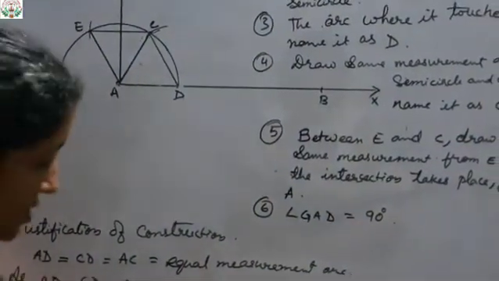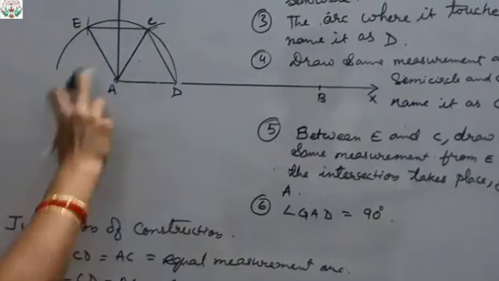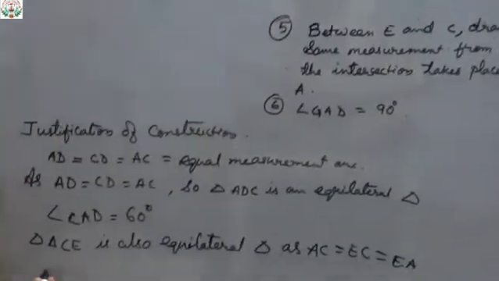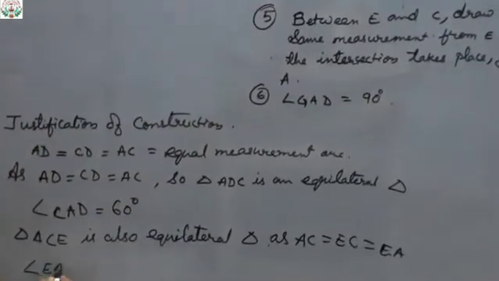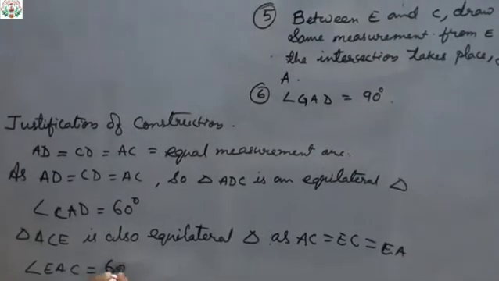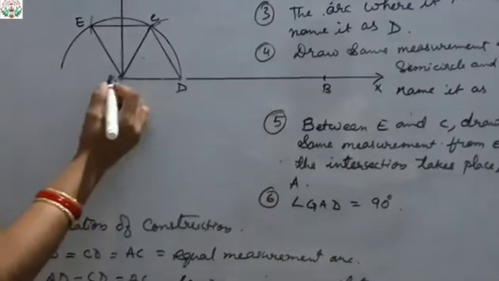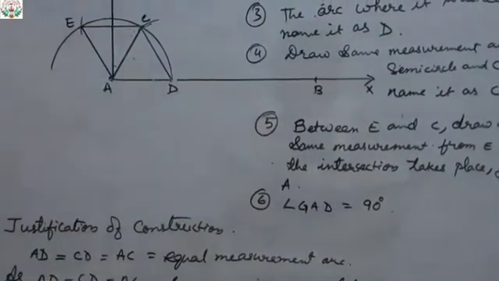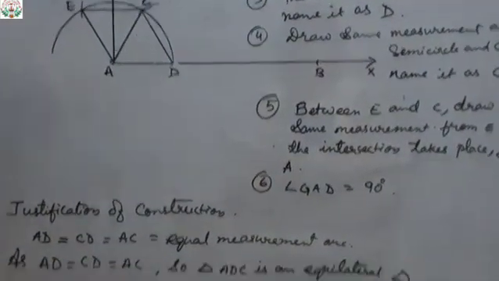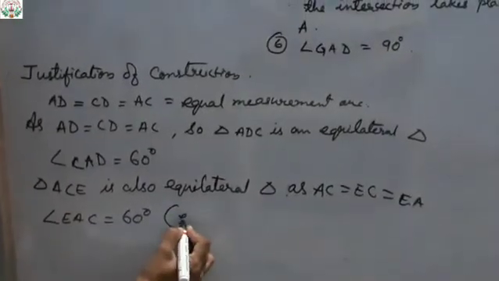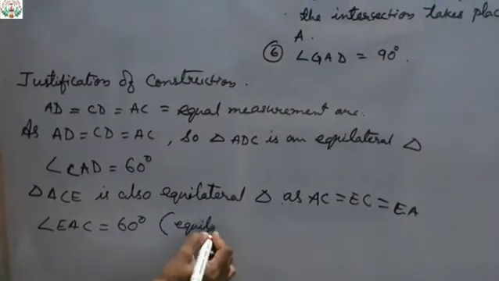Okay, so this is your equilateral triangle. That means angle A will be what? Angle EAC equals to what? 60 degree. Is equals to 60 degree. This angle also will be 60 because it is equilateral triangle, right? This is 60. As within bracket you can write equilateral